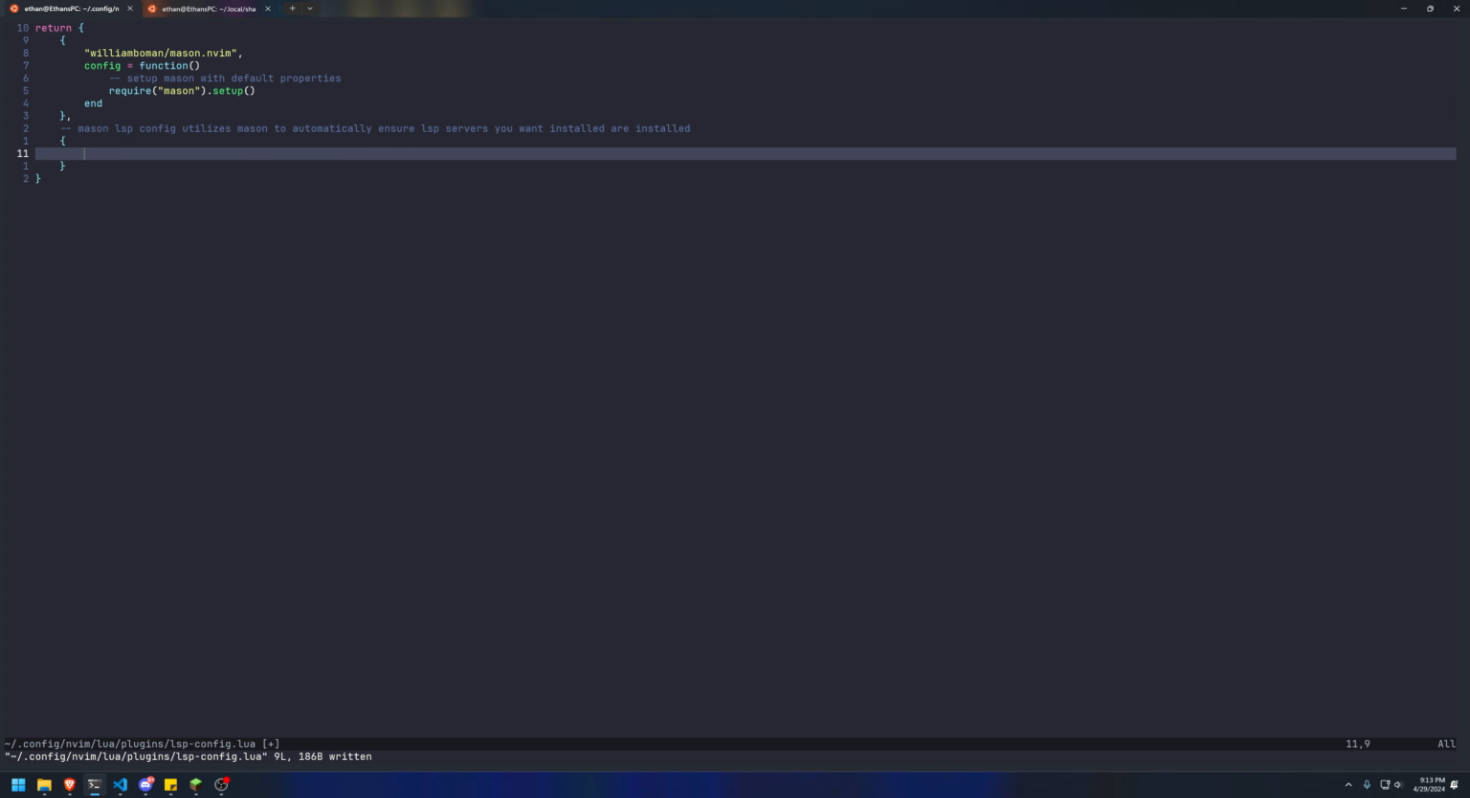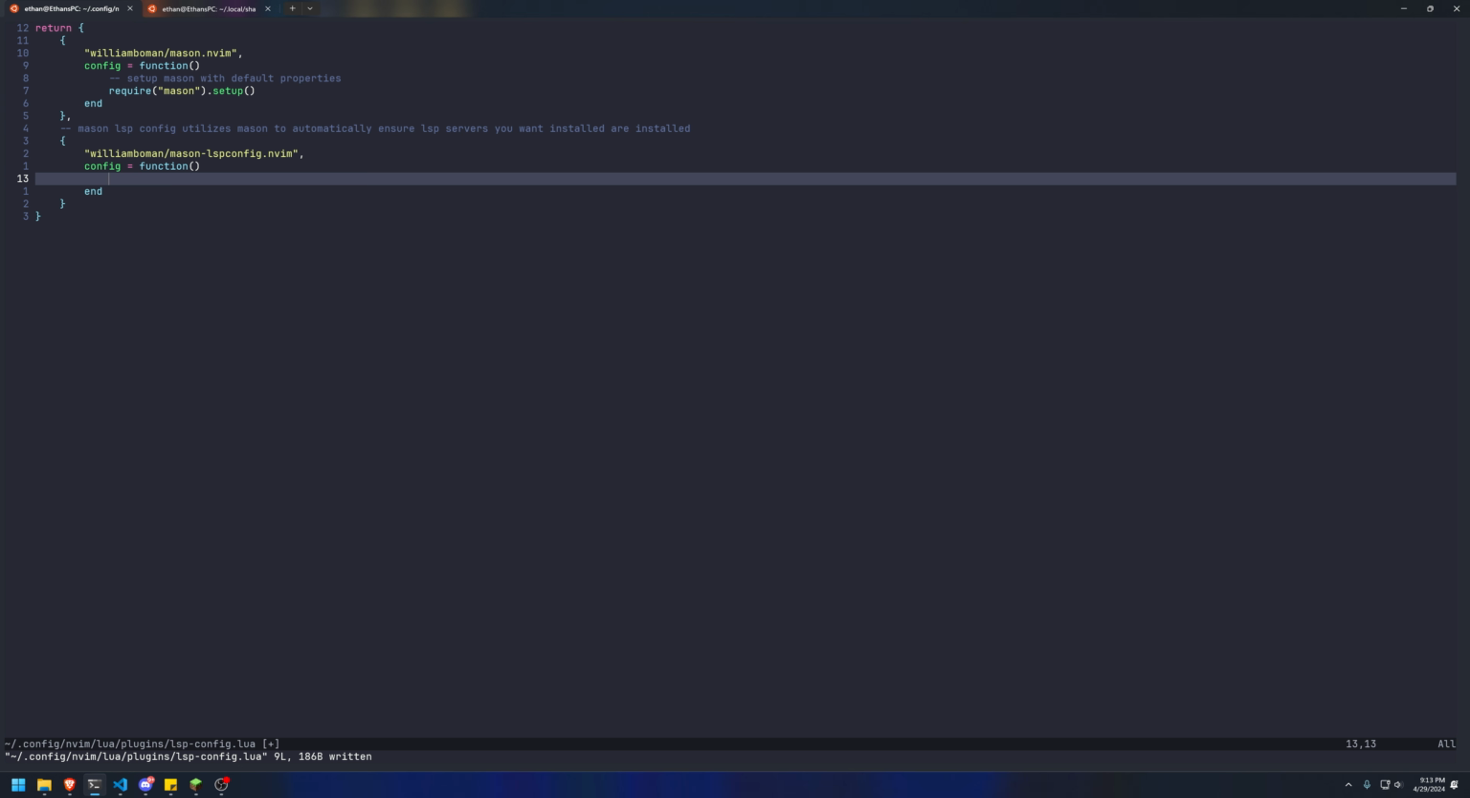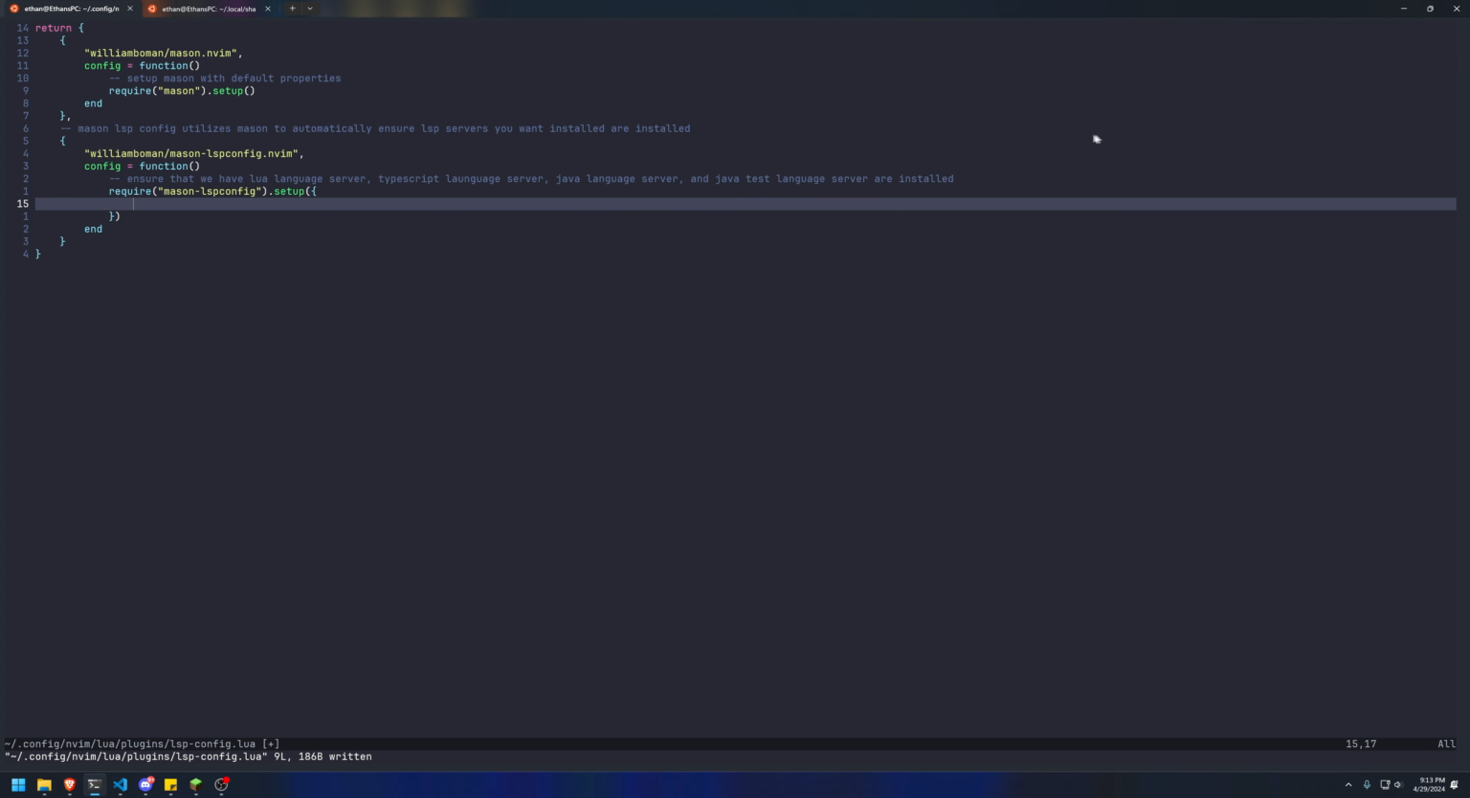And then inside the table, let's bring in the shortened GitHub URL for Mason LSP config. And then all we need to do is set up a config function once again. And then inside of our config function, we want to require Mason LSP config. We want to call the setup function with a table. Inside the setup function, we want to just make sure that we have all of the different servers that we want installed automatically. To do that, we're going to say ensure installed is equal to a list of